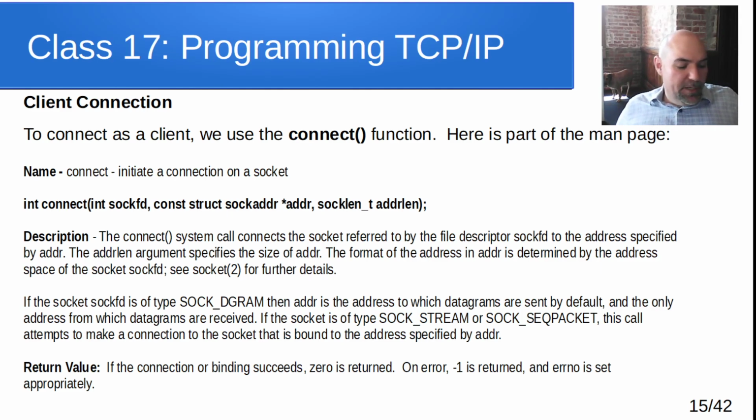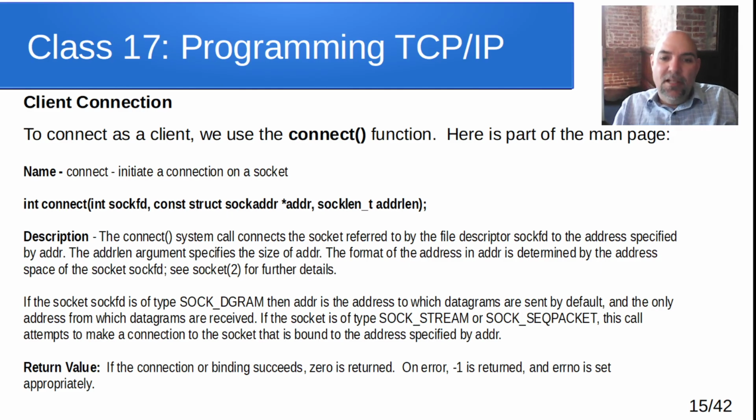And essentially what we need to do is pass those things to this function, and then it's going to return a value to us. So let's look at the description here. The description says the connect system call connects the socket referred to by the file descriptor. In other words, that was a socket that was created by our call to the socket function to create that